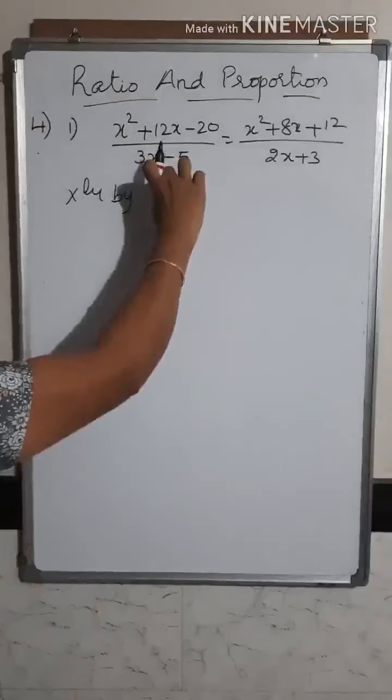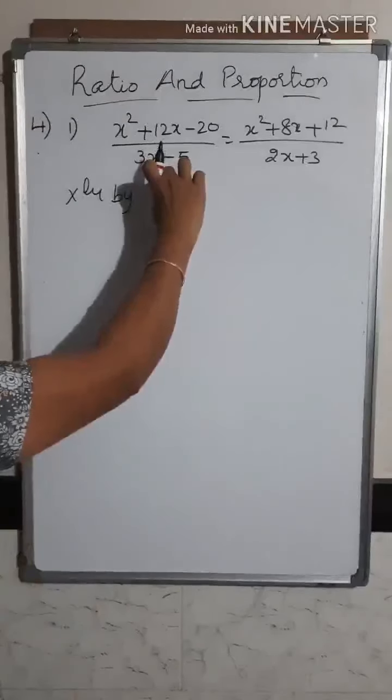Now to eliminate those two terms, if you have got the operation of subtraction, then you will change the sign of both the terms. So it gets eliminated when you use the property of dividendo. Now how to decide whether you have to use componendo or dividendo? If both are of the same signs, use dividendo. If both are with opposite signs, here you got plus, here you got minus, or here you got minus and here plus, if they are with opposite signs, use the property of componendo. So here since it is of the same signs, you have to use the property of dividendo.